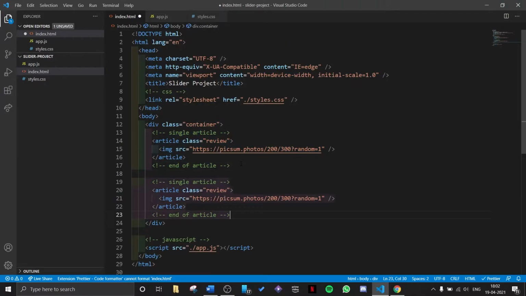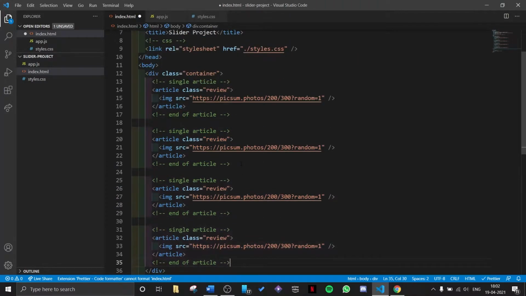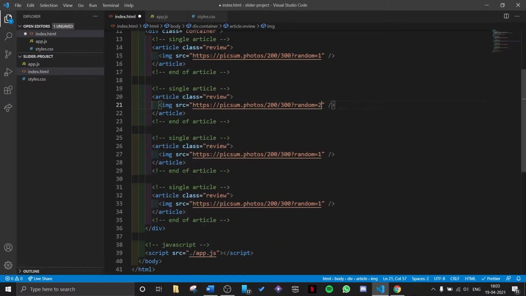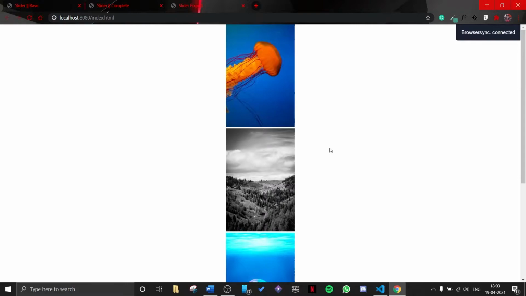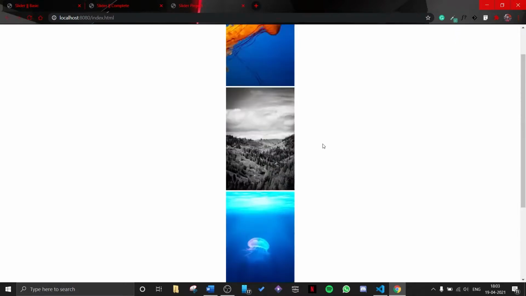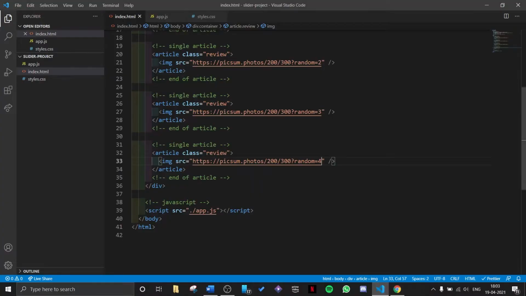I will copy and paste it 3 more times and then change the link to the third image and then the fourth image. And if I see my project, you can see we have 4 random images here.